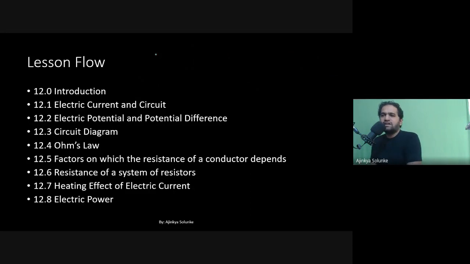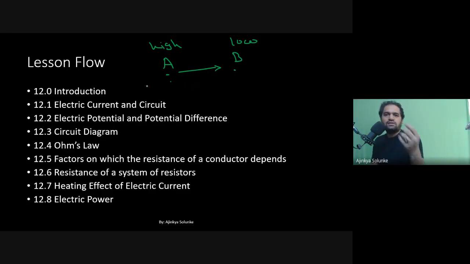So can we say something like this? Suppose there is point A and there is point B, and the charge is moving from A to B. Can I say this point A must be at something like higher concentration or maybe something like high pressure, and it is moving to B, so that means B must be at low? Can we say something like this? If the charge is moving from A to B, then A must be at something high, and B must be at something like low, right?